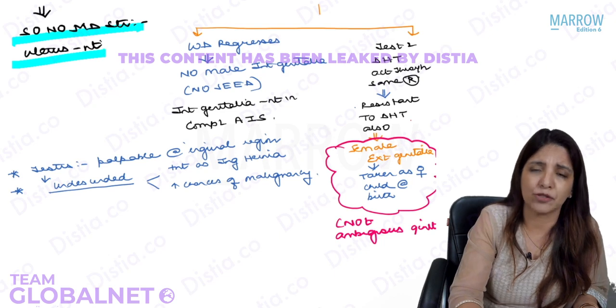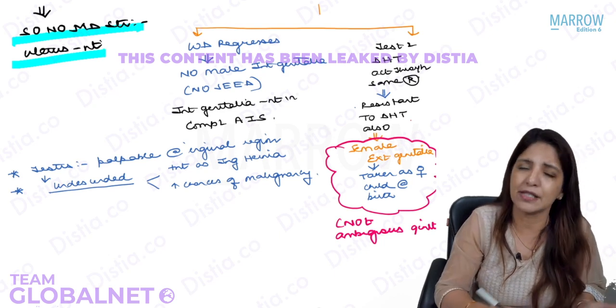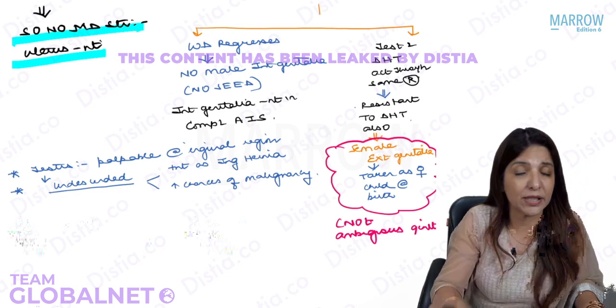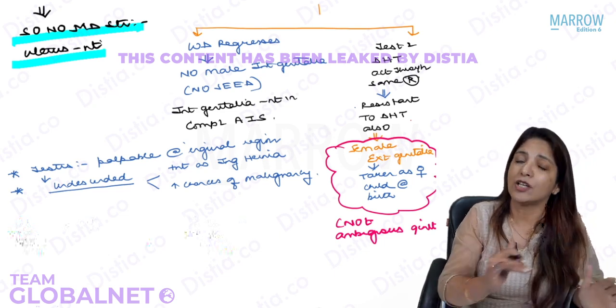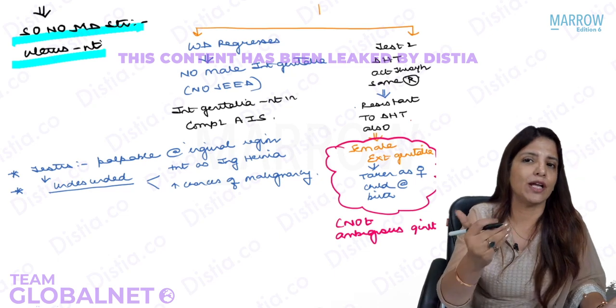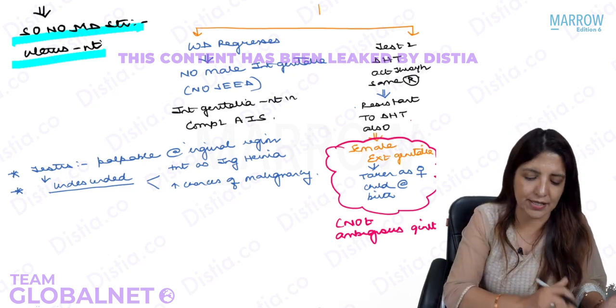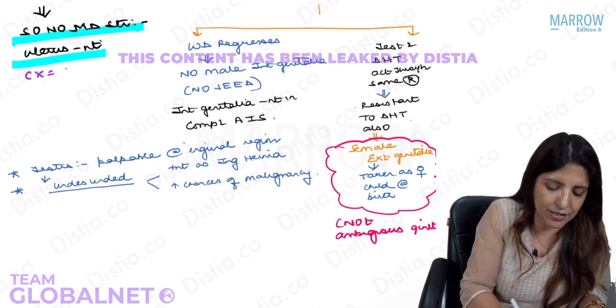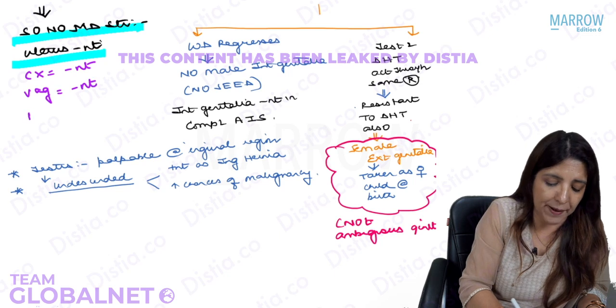Right? In a 46XY individual, the uterus should not be present. Over here also, because the Sertoli cells are functioning normally, anti-Mullerian hormone is normal, so the Mullerian duct regresses and there is no uterus. That is, the uterus is absent, the cervix is absent, the upper part of the vagina is absent,